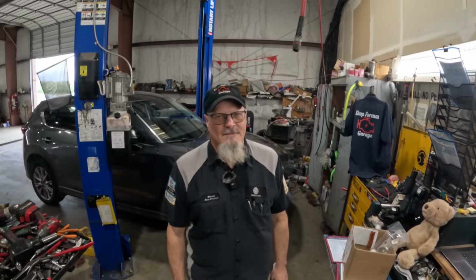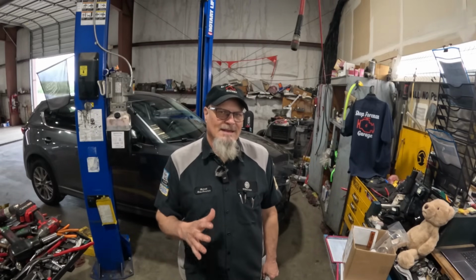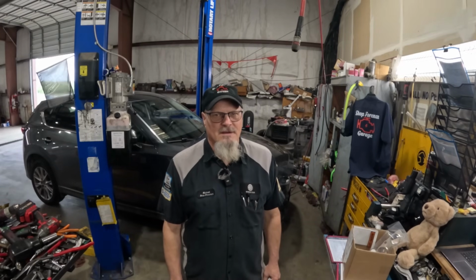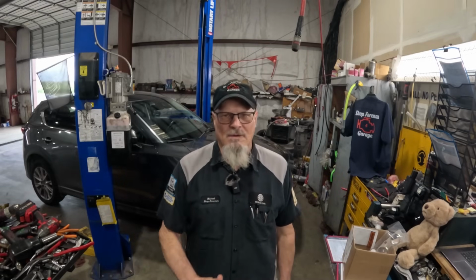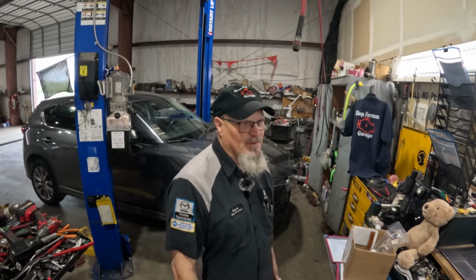Some of these vehicles have problems with the transmission making a chirp noise between third and fourth gear. It's really hard to hear, but once you hear it enough, you'll recognize it. I used to have a video showing where you could actually hear the noise. It's really hard to record the noise unless you had a microphone sitting underneath